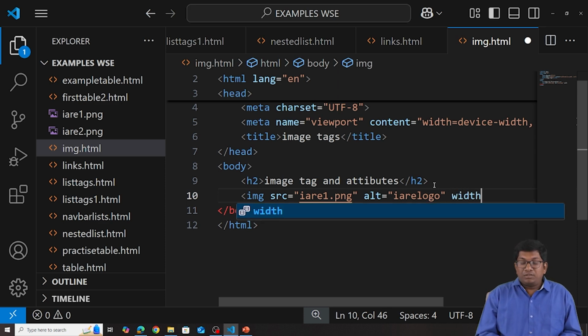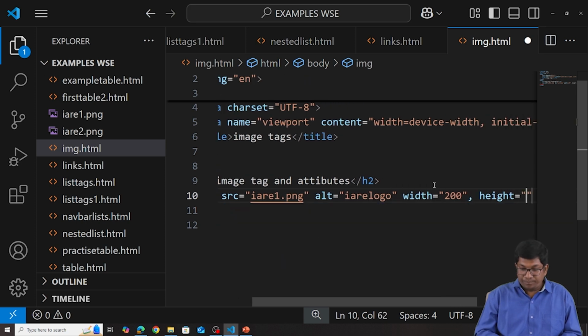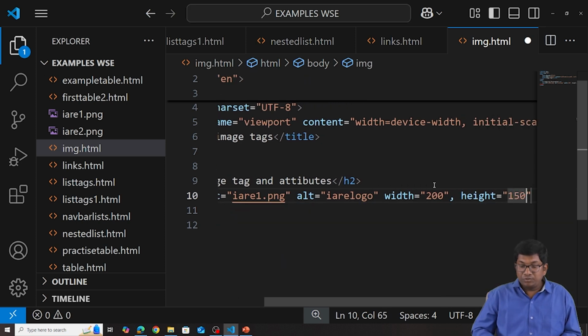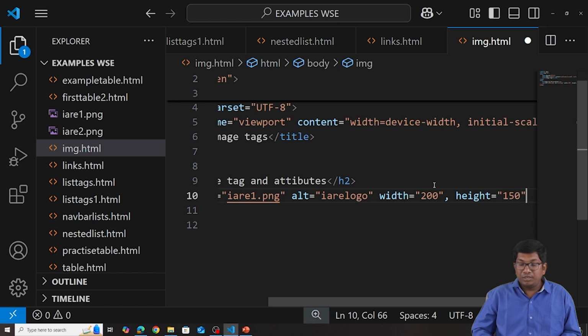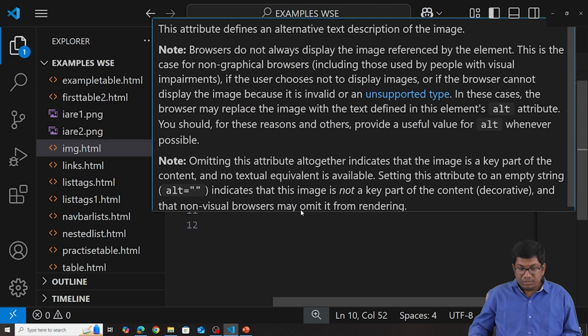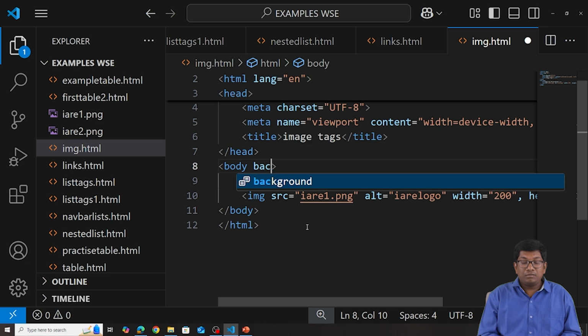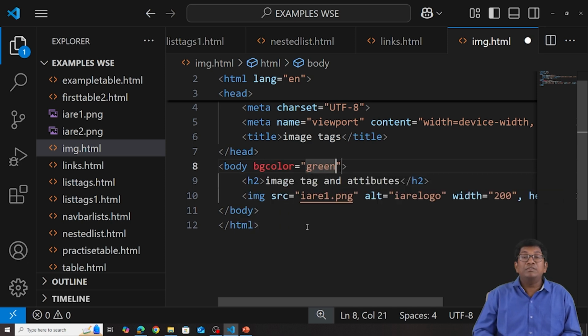And we can specify the width is equal to 200, height is equal to 150. So these are the attributes we can use in the image tag. And you can add some background color for your body section. BG color for your background. Simply I am using green color. Just save the file